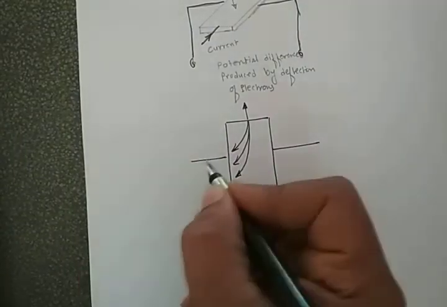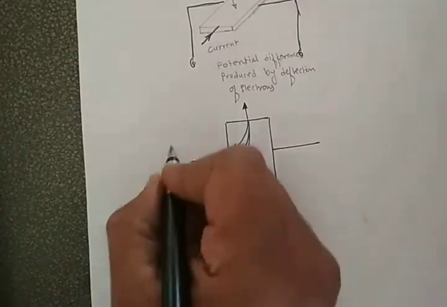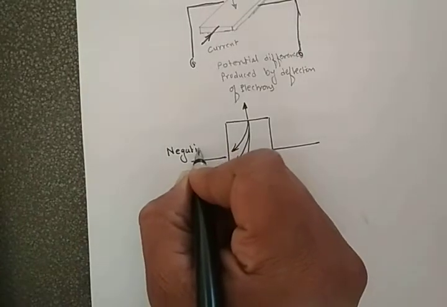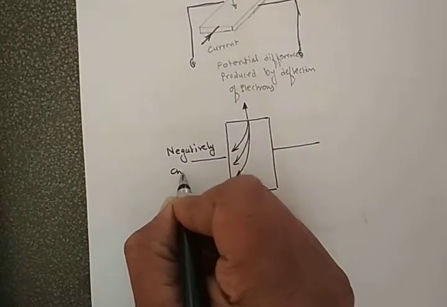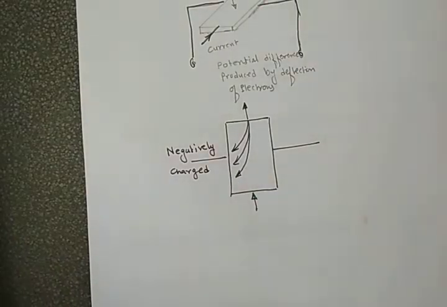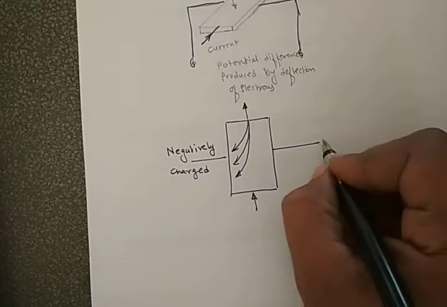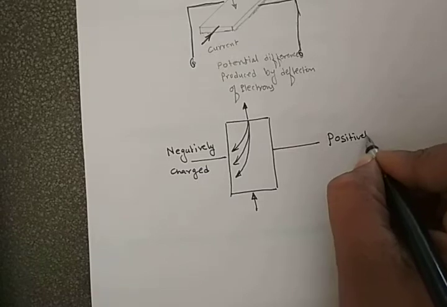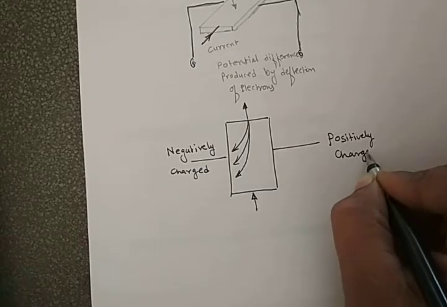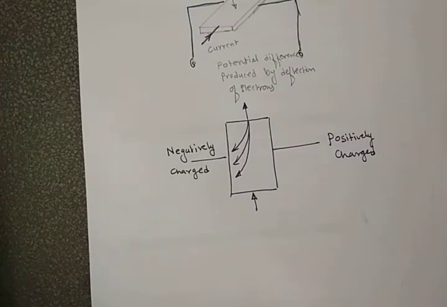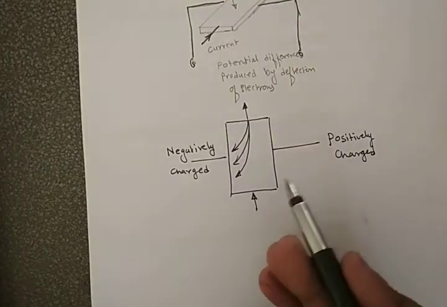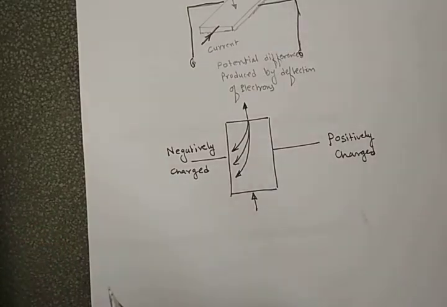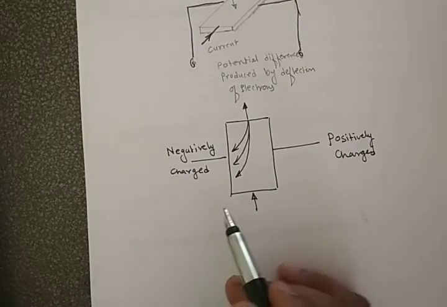Where the current is deflecting, that side is called the negatively charged side, and where the current is not moving, that is the positively charged side. Now when the negative and positive sides are created, what will happen? A potential difference will get created, and this makes us able to